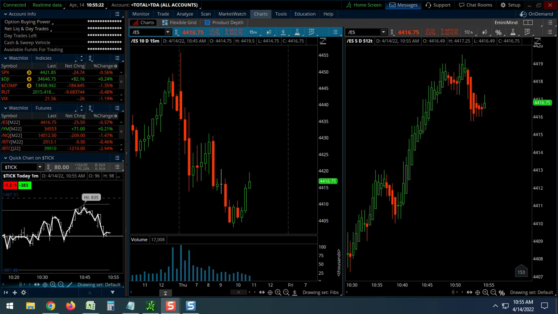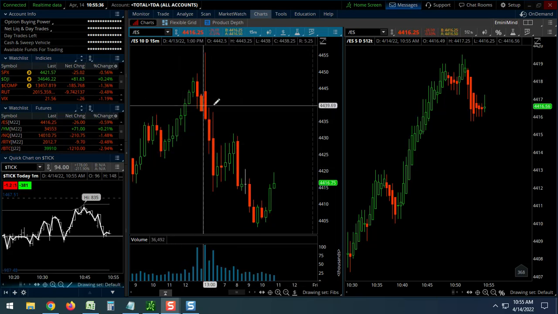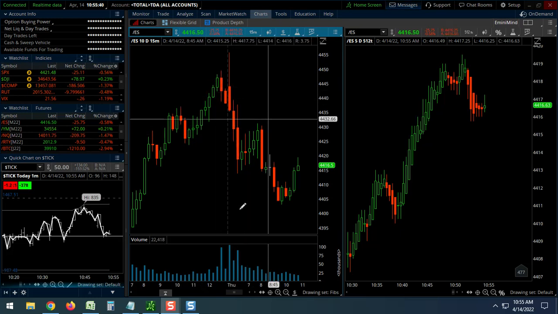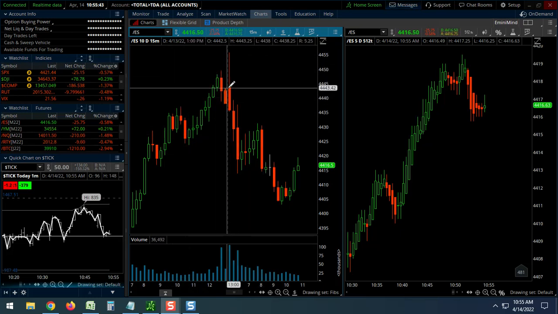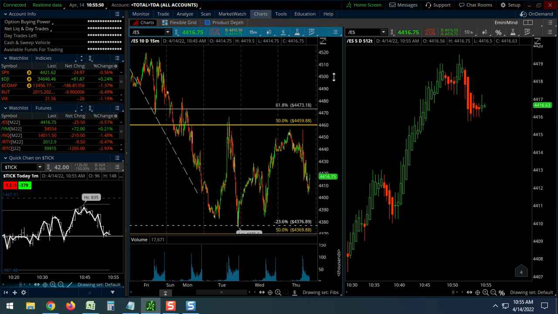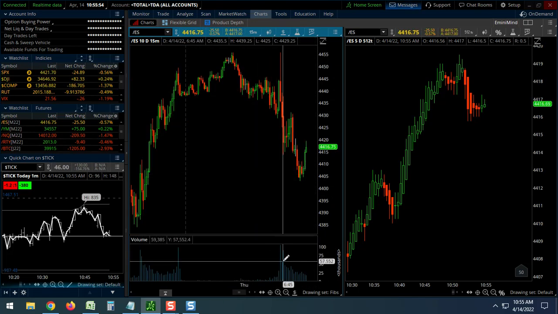The other thing I want to show you, before I do that, is just a little trick for Thinkorswim. If you want to see the overnight trade data, notice my chart, I've got this dotted line. This is a 15-minute chart on the ES, and I just have the trading hours only data shown. I don't have the overnight session. But if I go up here to my studies, I have this little box, show extended hours trading session. I can click that, and then I can easily see the overnight trade data,